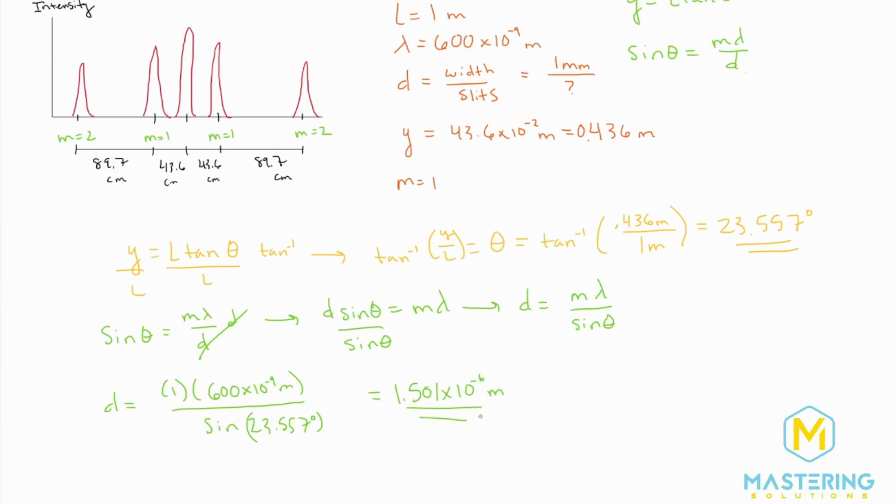Now that's just an intermediate answer. That's not how many lines per millimeter we have. This is if you take 1 millimeter and divide by whatever this is, it gives us the 1.501 microns. So we need to do some algebra here. First, we'll multiply both sides by whatever this slit spacing is, and then we'll divide over this. So we need to take 1 millimeter divided by what we just found, 1.501 times 10 to the negative 6 meters. And that will give us how many lines there are per millimeter.